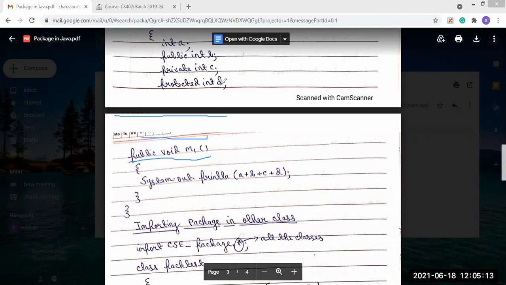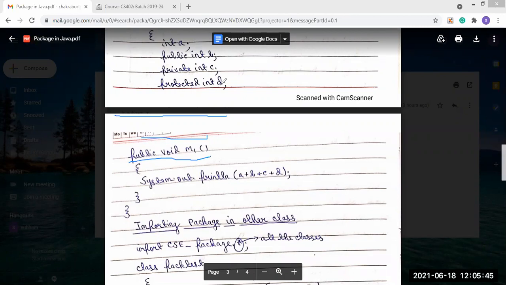Now we will create another class, and in this class I should import the package.